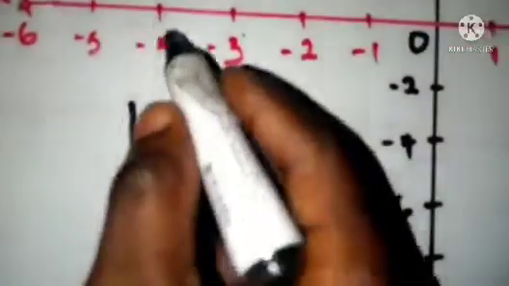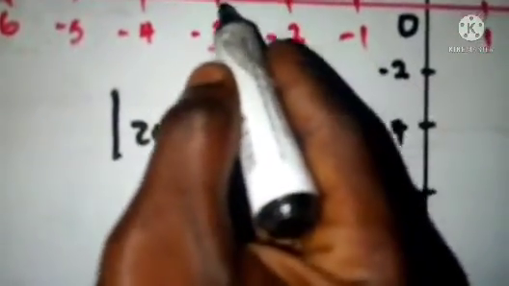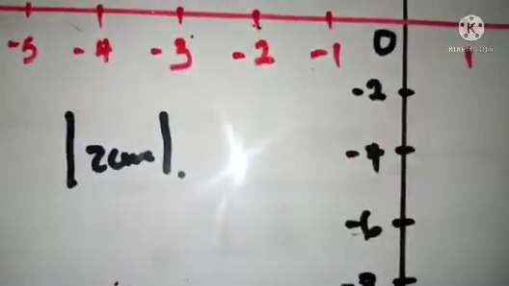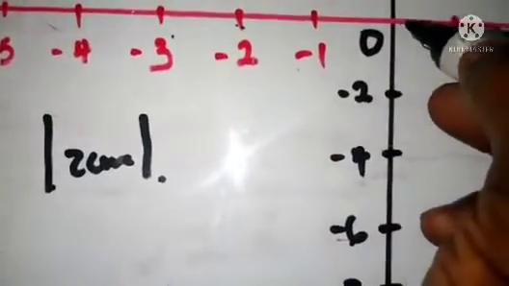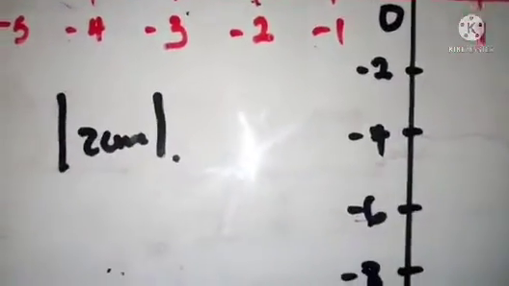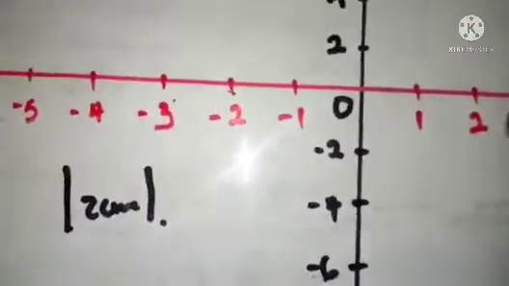So assuming from here to here is 2 centimeters, and then from here to here is 2 centimeters, and from here to here is also another 2 centimeters. So starting from 0, you can see that every 2 centimeters I have 1 unit. That is what the scale says, 2 centimeters to 1 unit on the x-axis. The same applies to the